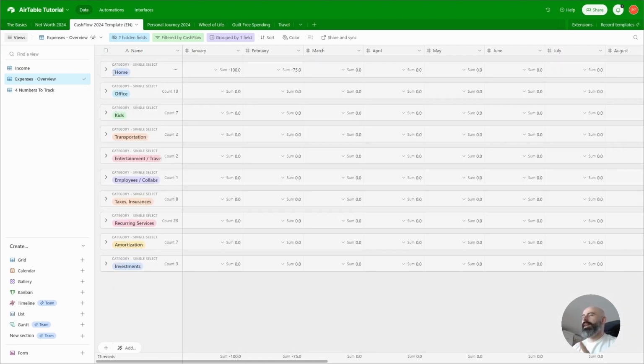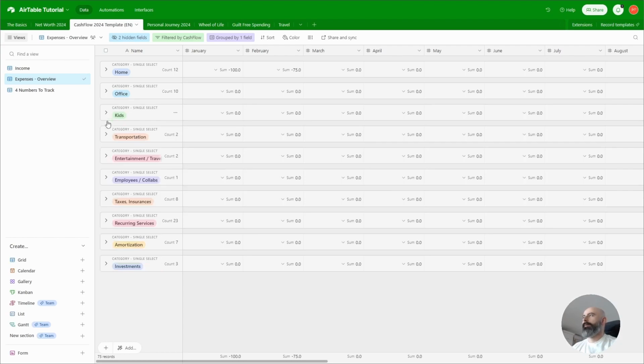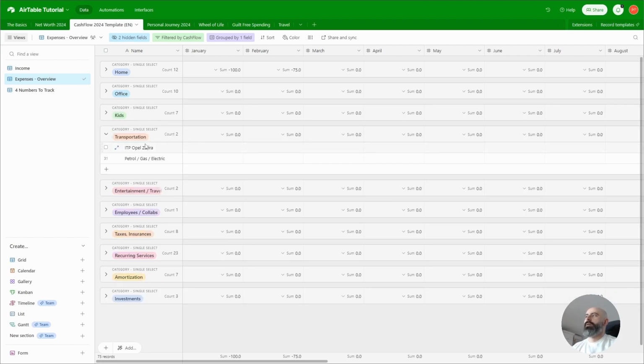Home, office, they are fixed costs and variable costs. So for example, rent is a fixed cost until the landlord decides to raise the price. The electricity is a variable cost because we're using more electricity in the summer to cool down the place, but we're using more gas to heat up the place in the winter. You get the drift. For example, transportation, we have an older car. We need to do a verification every year. We're paying for